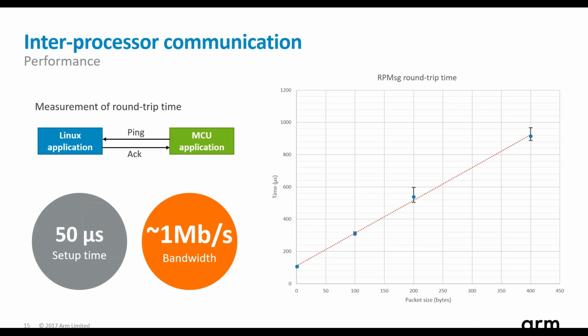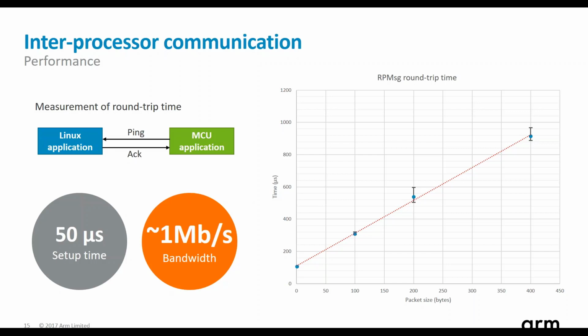And we measure the time between the send of the message from the MCU application to when it received it. So it's basically a round trip time. We measure the round trip time from one side to the other. What we found is that using the standard components, without doing any performance improvements, any hack or any specific adjustment, we could get about a megabyte a second of bandwidth